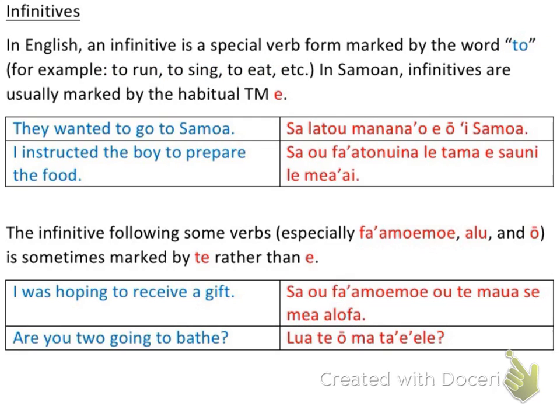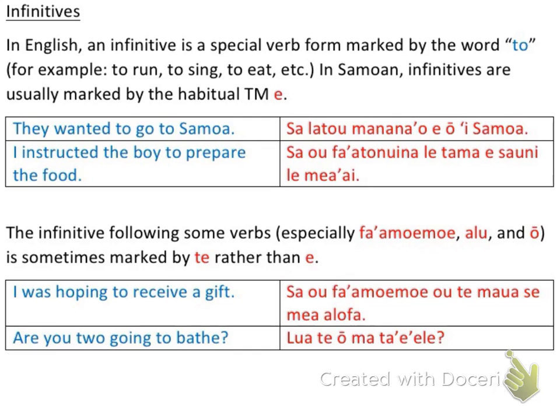So in Samoan, infinitives are usually marked by the habitual tense marker a. If you ever want to use a to in some kind of verb, you normally use the habitual tense marker a. And again, that habitual tense marker oftentimes just takes the place of the present tense. We could use olo'o, but the a takes precedence over that anymore, just probably because it's quicker. Anyway, let's get moving on.